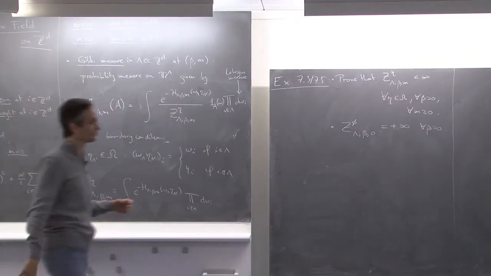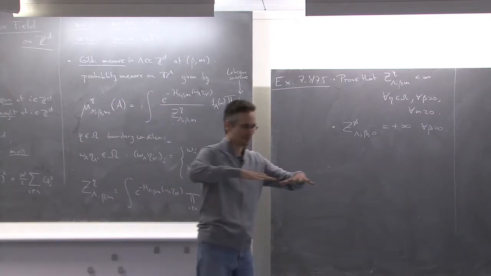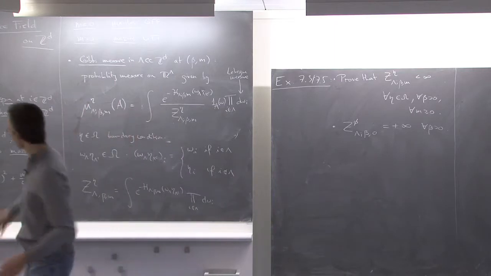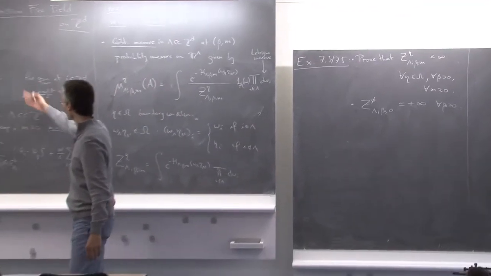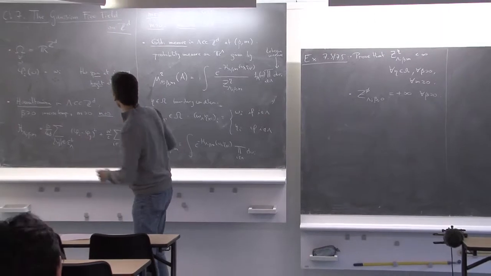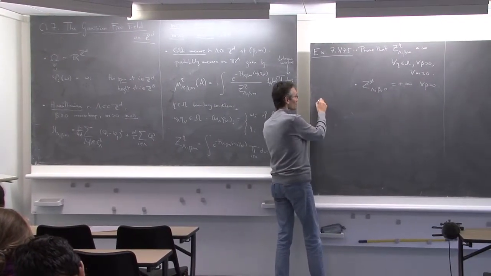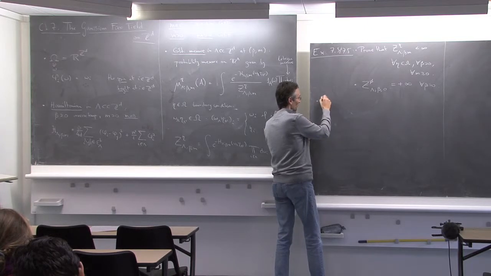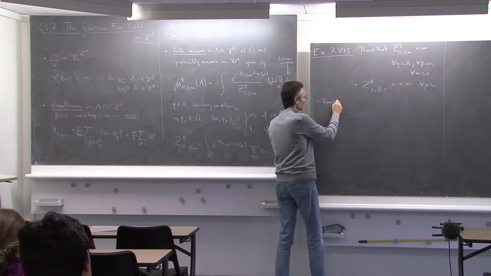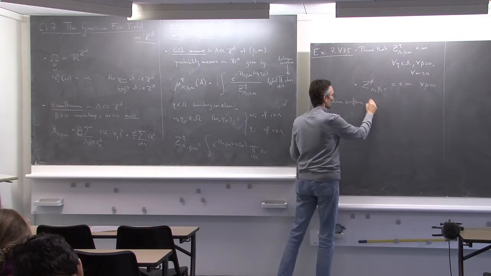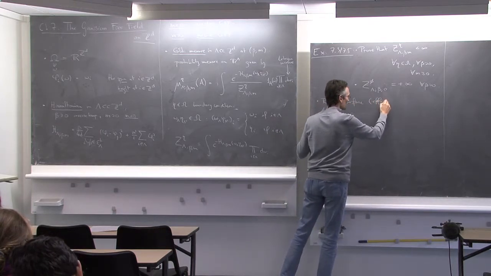So you cannot define the model with free boundary condition. In this case, it's kind of obvious because, okay, let me give you an intuition behind what this model is. One of the possible interpretations of this model, the interpretation I will use in this course, is as a random model for a random surface. Yes, what we call an effective interface model.